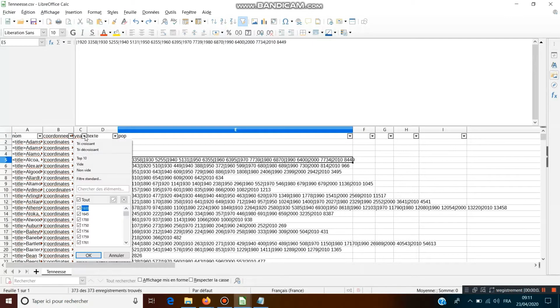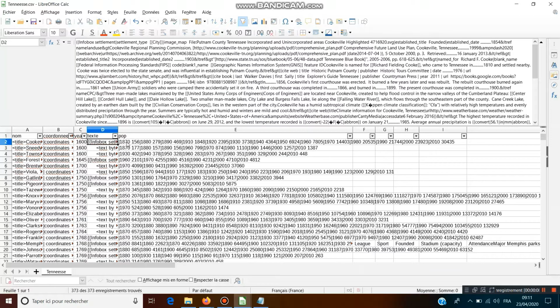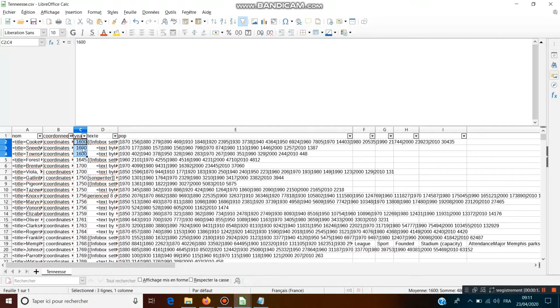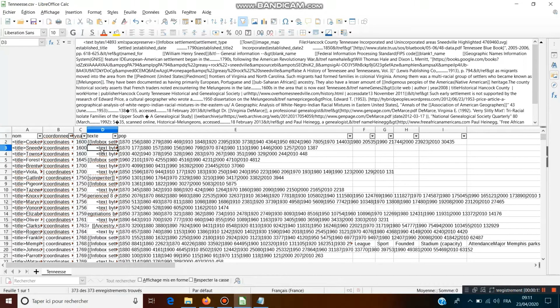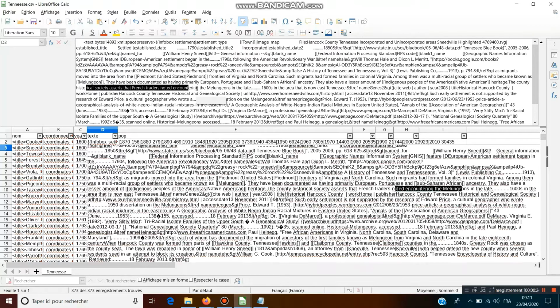Of course, we can sort the years in ascending order. It's more comfortable. Of course, here the years aren't true. This is false information because it is coming from here, the historical data about when the French traders came.